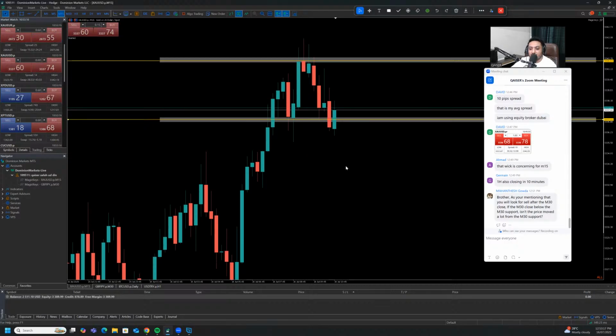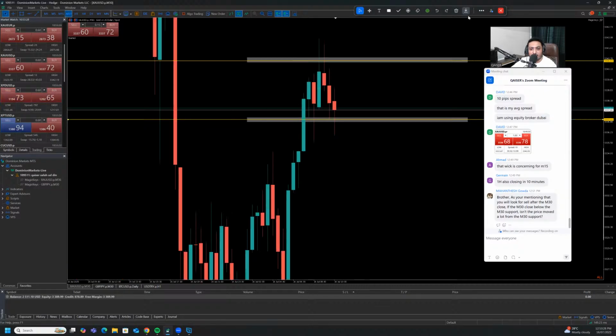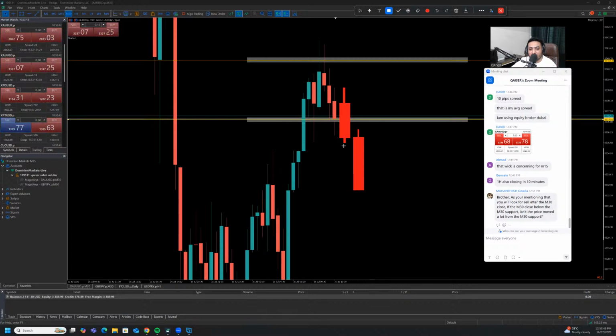But as you mentioned, you will look for sells after the M30 close. If the 30-minute candle closes below the M30 support, hasn't the price moved a lot from the M30 support? Let me tell you one more thing, this is the most important lesson I would say. If this candle closes near the support somewhere here, depending on the volume, I can give my trade a chance. This could be the best